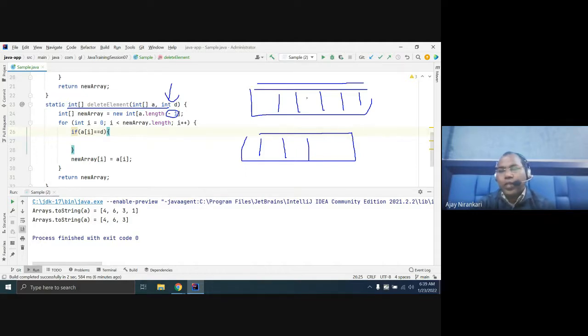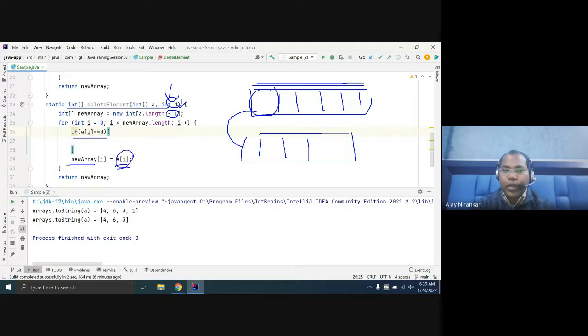So whenever you run through all the elements here, let's say you have any number, for example they pass 3. Whenever you are taking one data, before copying it to the new array, you have to check. So this is our new array where we are copying the data. You have to check whether this element matches the element which I'm going to copy.